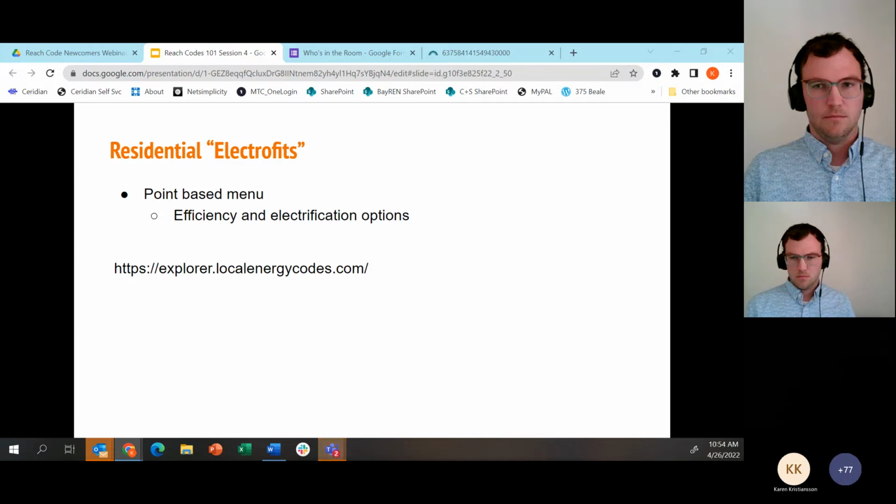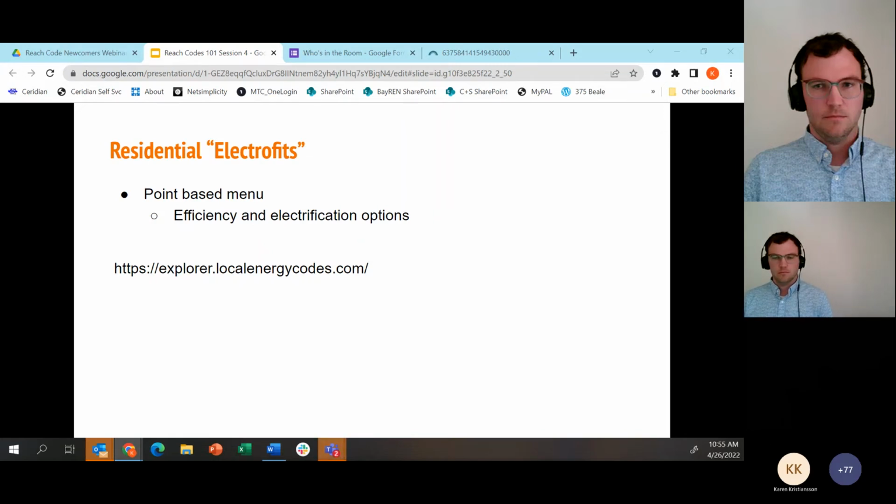So single family or 1 to 2 unit low rise multifamily units can apply for this. And what it looks like is a point-based menu that would give you options during a retrofit process to upgrade energy efficiency.